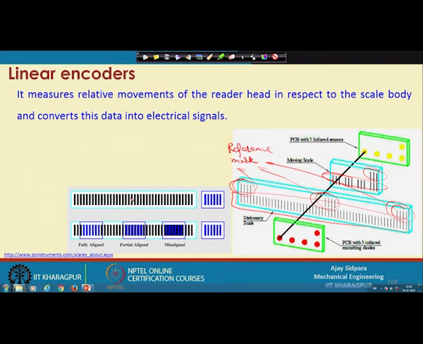So, this is your actual scale, and this is your moving scale, right. When your scale is moving, at one point it is completely misaligned, because it is not aligned with the blue color and red color. Whatever the white color is, it is spacing with that, then it continues, then it is partially aligned, then completely aligned. When it is completely aligned, your light will pass through, you will get a signal, and you know the position of that part. But here also obviously you have to have a reference mark, so that even if there is some power failure or other problem, you can reference it to the actual position.